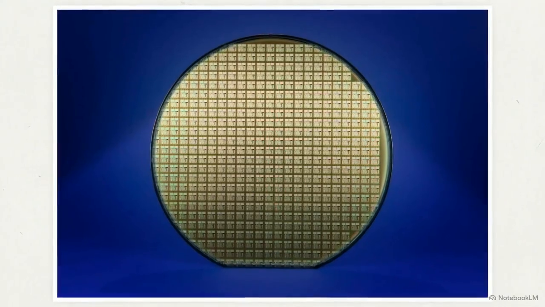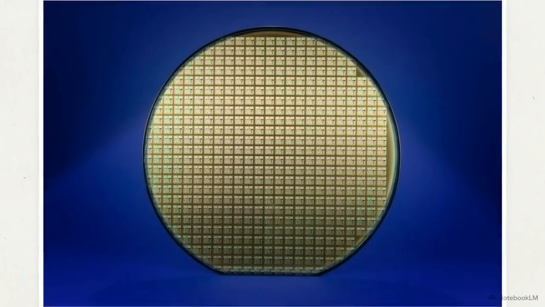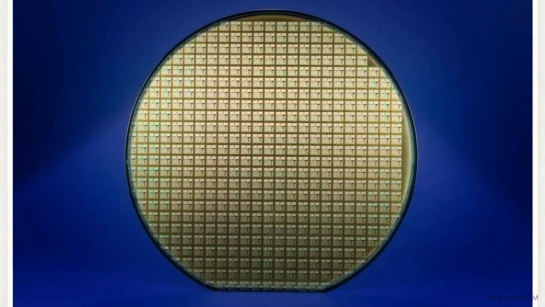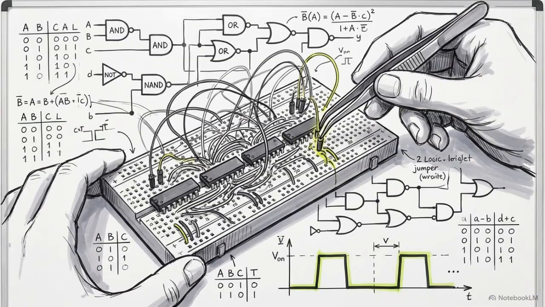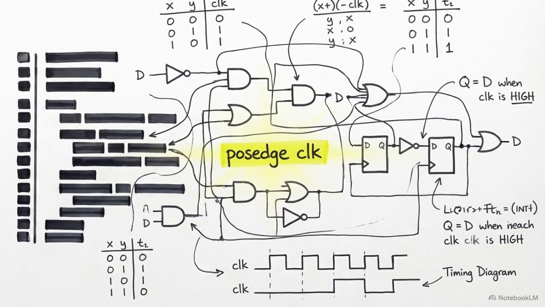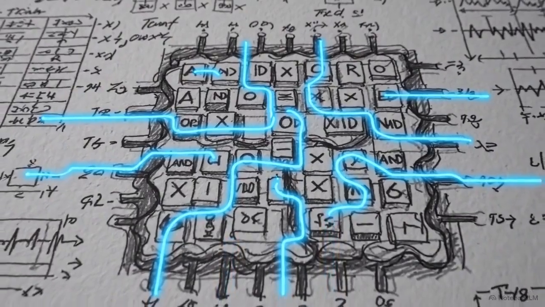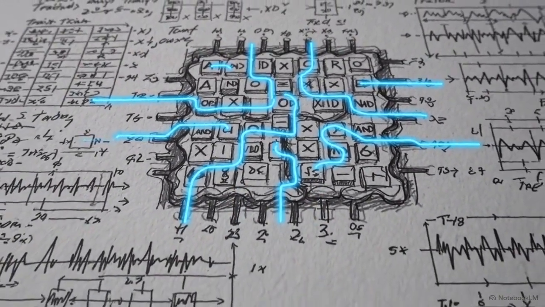Modern solid-state drives and processors take this exact gate and clock mechanism and replicate it billions of times across a microscopic silicon grid. While early technicians wired these gates by hand, modern engineers designed these massive arrays using hardware description languages like Verilog. That physical reaction to a rising clock edge is now written as a single line of code, posedge clk. This command acts as the gatekeeper, dictating the exact microsecond billions of memory cells trap their incoming